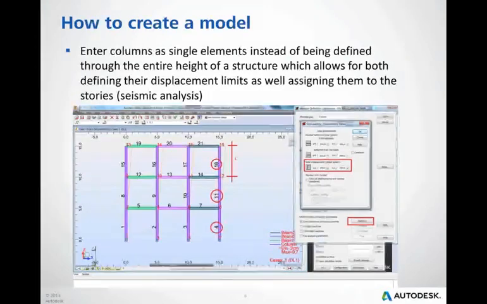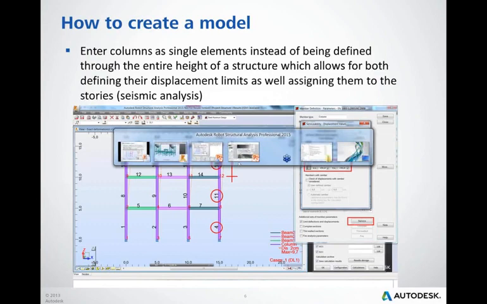For the columns, I recommend to enter them as single elements between levels instead of being defined through the entire height of a structure. This also allows for easy definition of the horizontal displacement limits. This is also recommended for models with defined seismic analysis, especially when you want to access results for stories. So if I go back to my model,